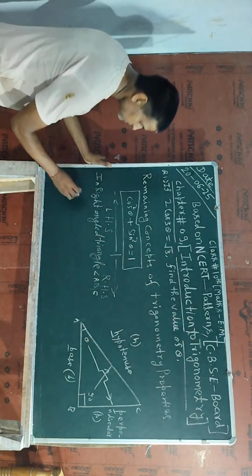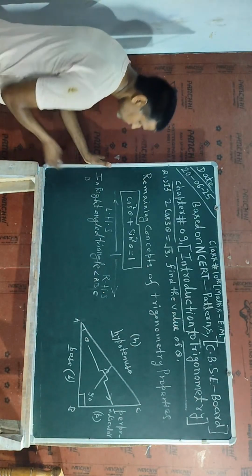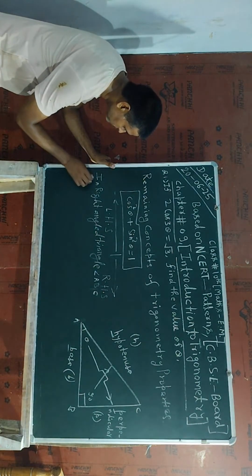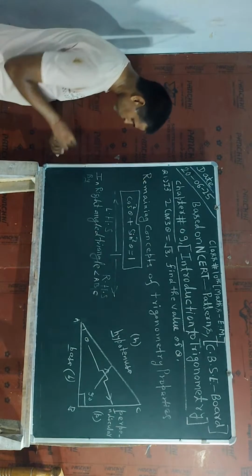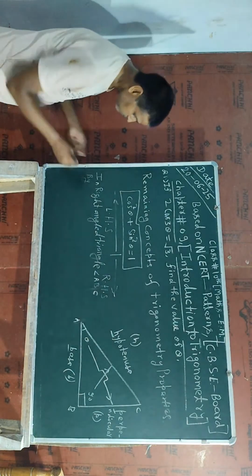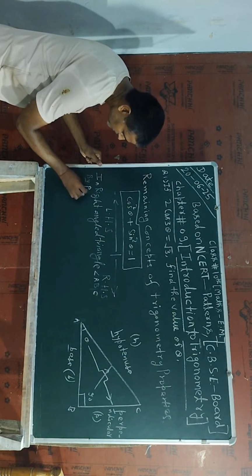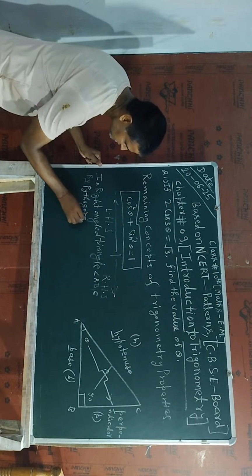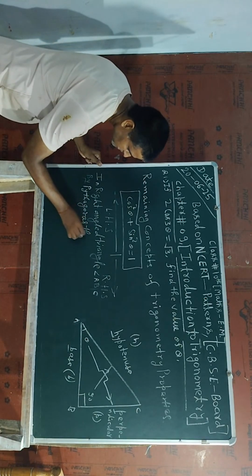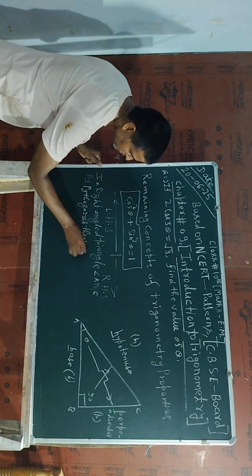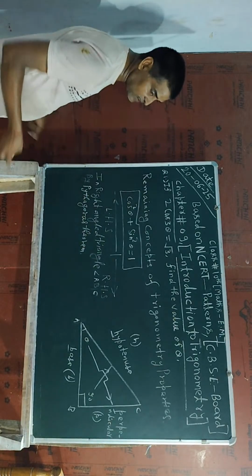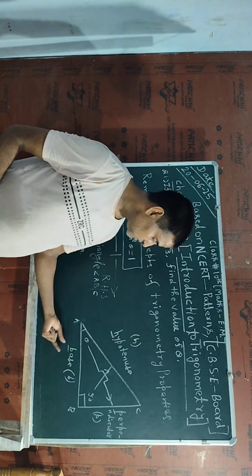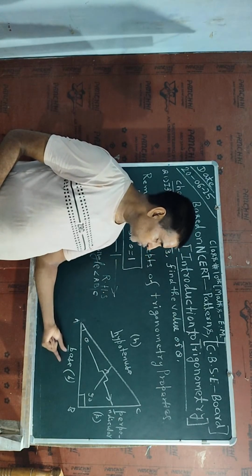So here I will write by using Pythagoras theorem, because Pythagoras theorem is applied only in a right angle triangle. So by Pythagoras theorem, by using Pythagoras theorem, here I write hypotenuse square is equal to sum of square of two sides, means